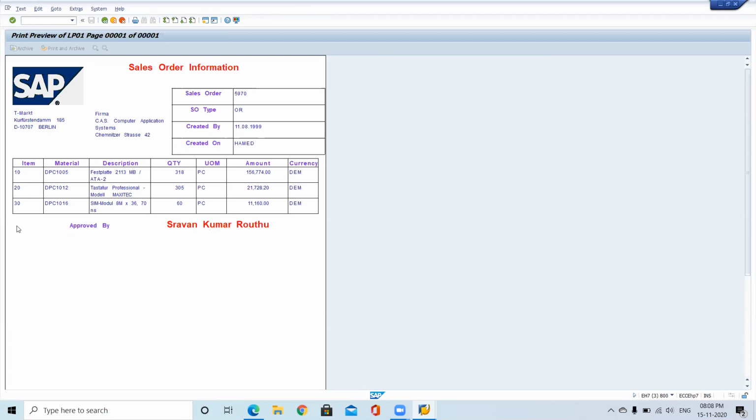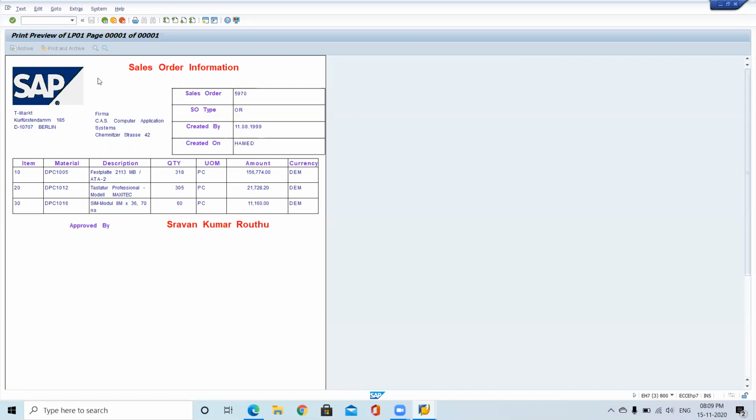So if you want to reduce the space here or if you want to print here, small cosmetic changes you can do. That's not a problem actually. So by seeing that, you will get an idea. Or otherwise, users will give sample output how they are expecting. They will prepare one Excel, and there they will specify what fonts they are expecting, or how much space they need in between these two. Like that, they will provide the total information. Finally, how they want a final output. So based on that, in a smart form, by using different options, you can apply those options.